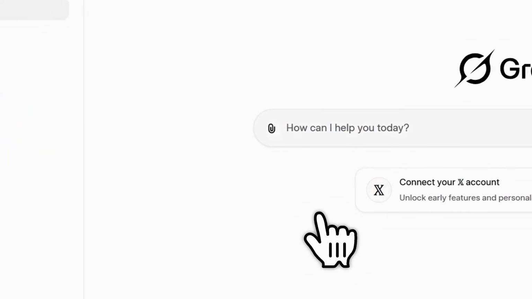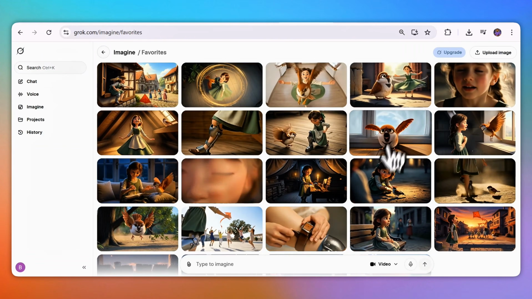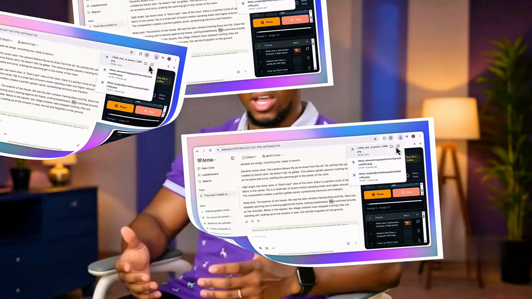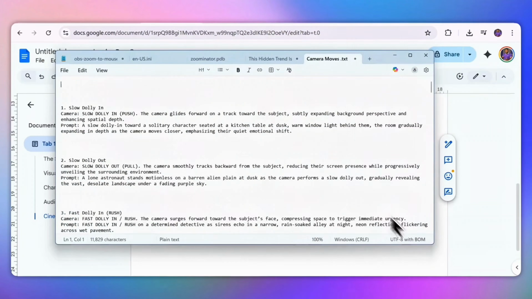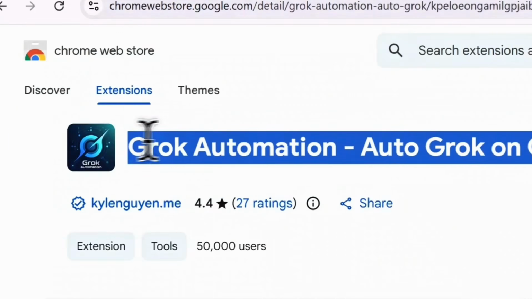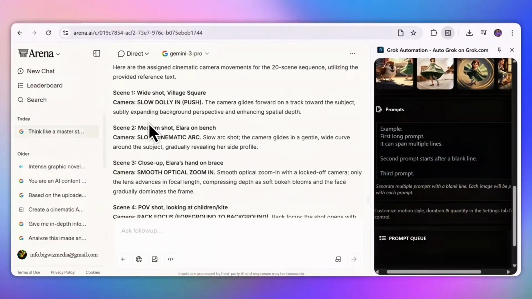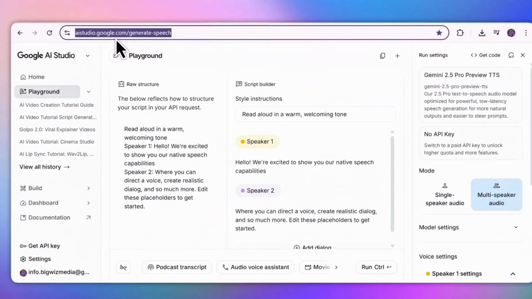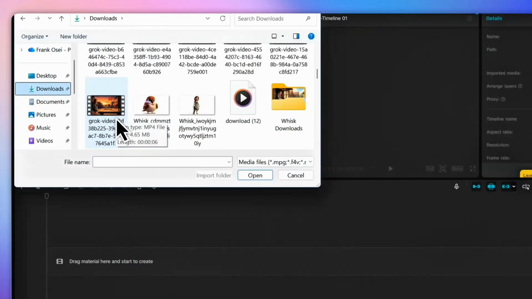But today, I'm going to show you a powerful little-known workflow using Grok and a few hidden free tools that completely changes the game. And here's the part no one talks about. We're not just generating scenes one by one, we're automating the entire process. That means batch generating images, batch animating scenes, auto-downloading clips, and turning dozens of prompts into a complete long-form cinematic